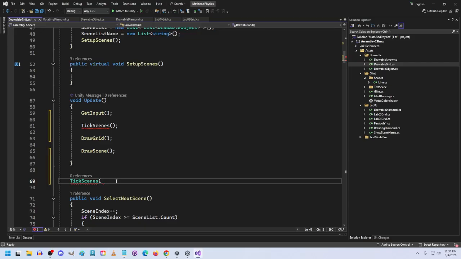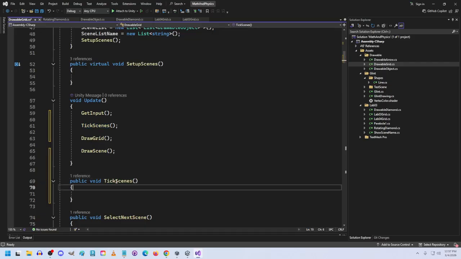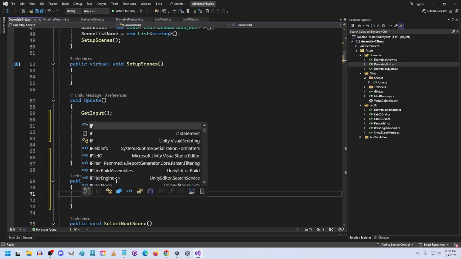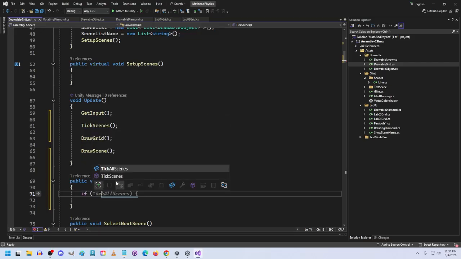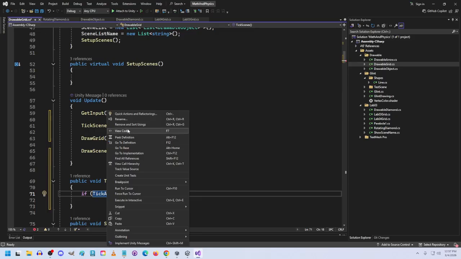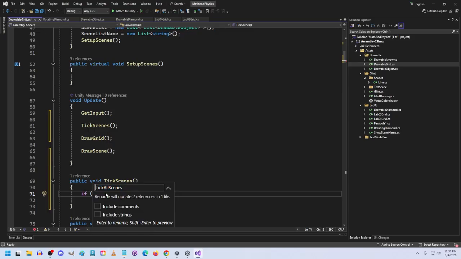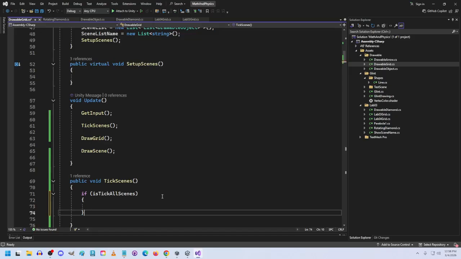So this is public void tick scenes. If, and I'm going to go back and rename this with an is in front of it. Yeah, naming booleans is a form of a question. It's like Jeopardy, but you don't get points or money. So if we're ticking all the scenes,